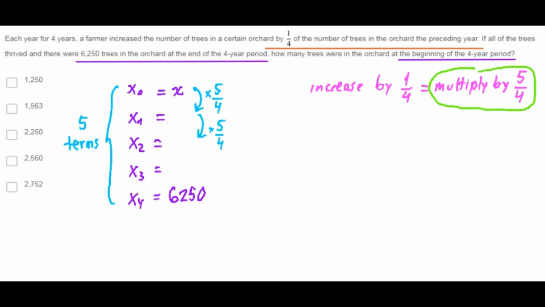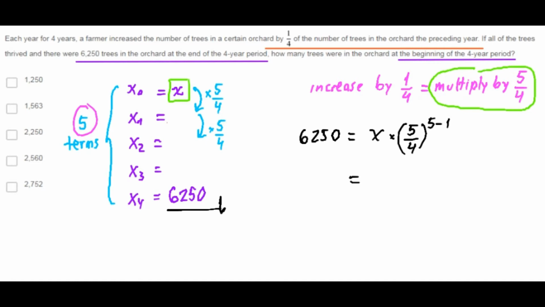And remember that according to the geometric sequence formula, the last term, this one, is the first term, x, times the common ratio, 5 quarters, raised to the number of terms, 5, minus 1. Now I can solve for x with one equation. So x times 5 to the 4th power divided by 4 to the 4th power is 6,250. Solving for x, x is